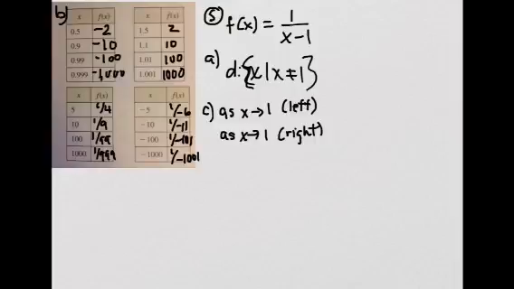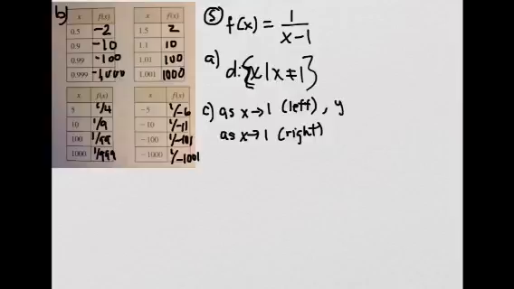Alright, so for part B, I put in the values in a calculator, and that's what I got, what you see there. So if you notice here, as x gets closer and closer to 1 from the left side, the value is getting smaller and smaller. It's going towards negative infinity. Okay, so as I wrote there for C, as x gets closer to 1 or approaches 1 from the left, then the function,